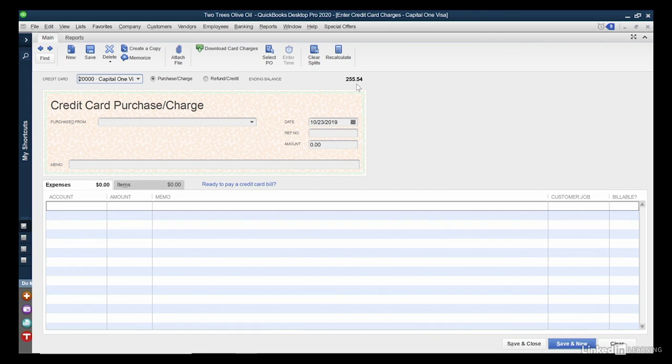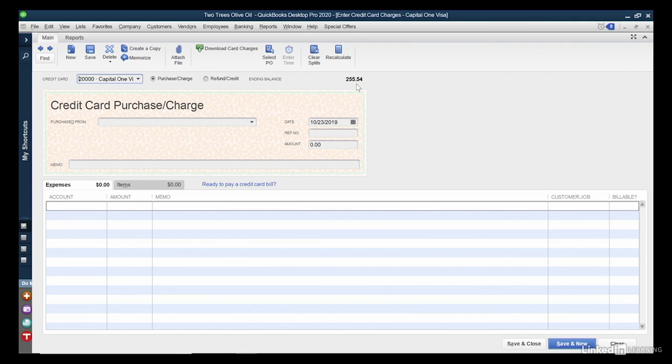This was the first charge that I had on this card in QuickBooks. When I set up my card originally, it already had a balance, and this is what that figure was. Doing it this way saves me the process of having to go back through old statements to put into QuickBooks what those charges were. Now that I'm all caught up with my opening balance, I can start moving forward toward